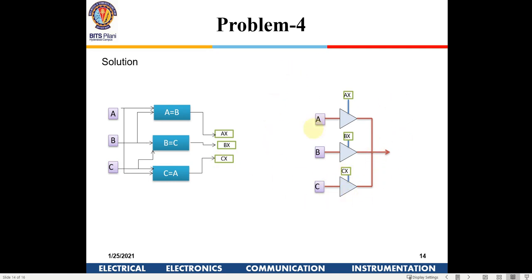So these are all actually registers, not a single bit. AX, BX, and CX are single bit flags, whereas these are all registers. So if you see, this circuit will ensure that whenever two of the values are the same, that particular value is coming out of the circuit. Okay, is this implementation clear?